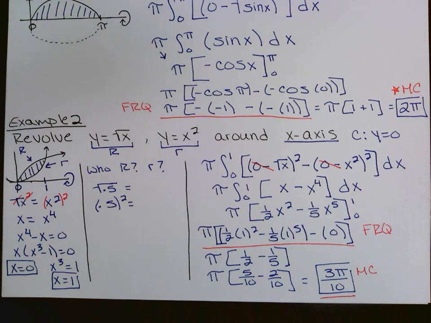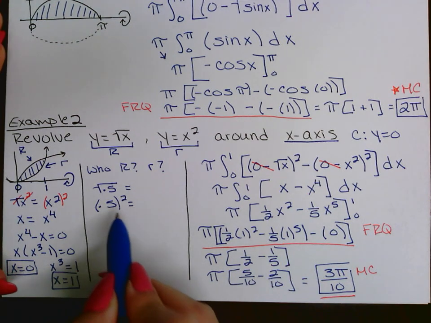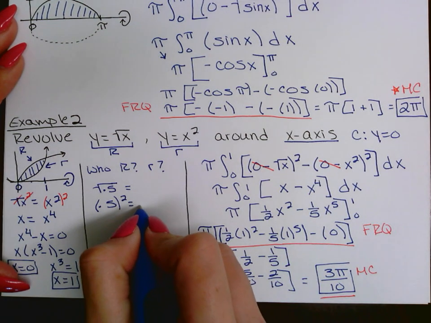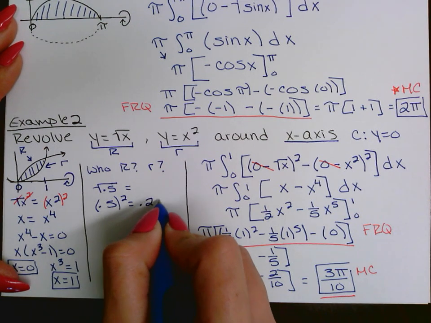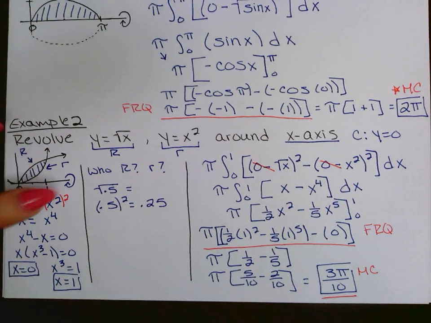Be careful, because if I was squaring and square rooting a whole number, it would become larger. But when you're squaring and square rooting decimals, it works opposite, right? It's just going to give me a bigger decimal, okay? So this one's going to give me 0.25. And then this one is going to give me something like